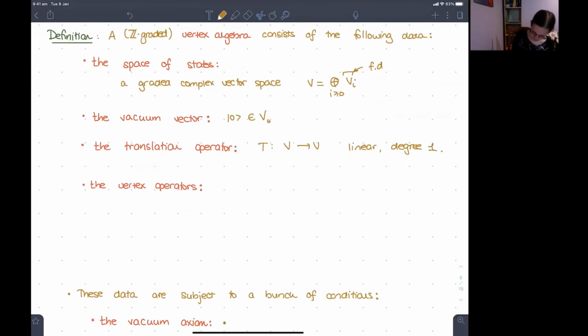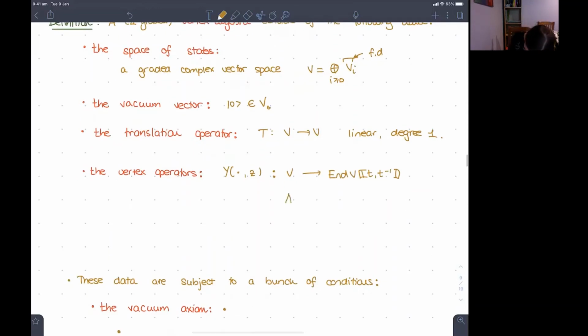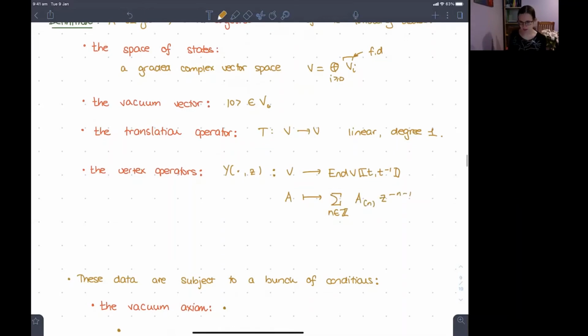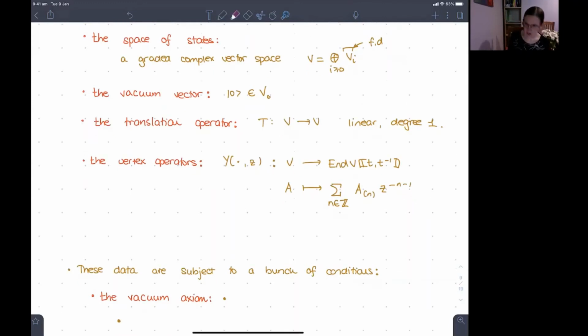And then we want vertex operators, which we keep track of like this. So it's a map that goes from V to power series in z, z inverse with coefficients in the endomorphism ring of V. So what I mean is a vector A in V goes to a formal sum of endomorphisms. And it is conventional to index them like this. So A sub round brackets n is the coefficient of z to the minus n minus 1. And we'll kind of see in a minute why. And so A sub n is a linear map